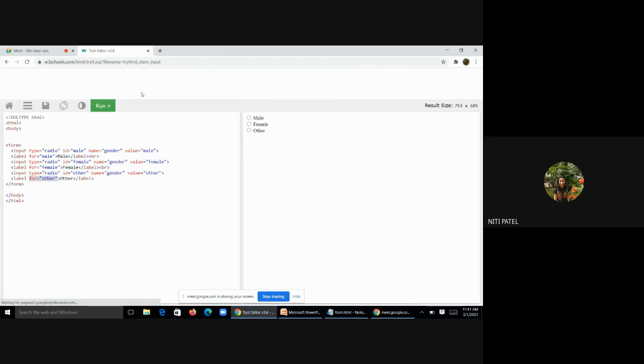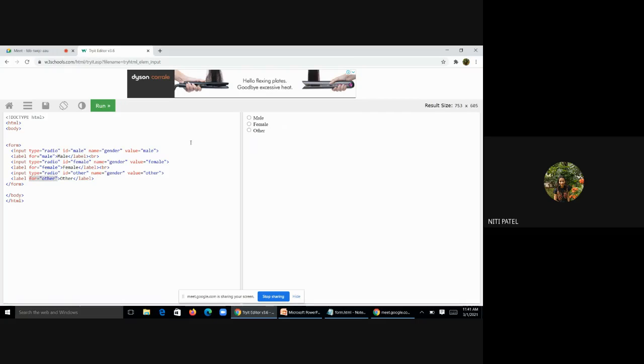Now when I run this code, I have created three radio buttons, where the first label is male, second is female, third is other. If I select any of them, it allows me to select only one. At a time I can select either male or female or other. I cannot have all three options, because I have selected the type of element as radio. The name equal to gender will be shown after you submit the form. If I have a submit button here and I click on submit, with the female option selected, it will show at runtime that gender is equal to female.